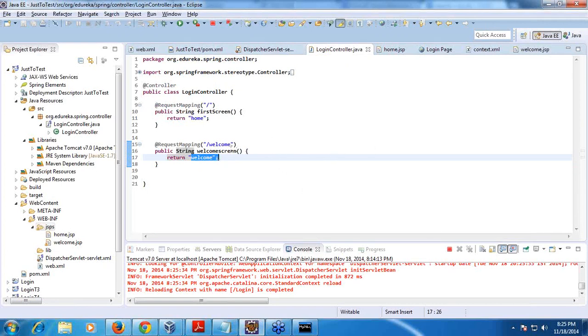Probably if time permits, let me check with you. If time permits, I will try to show that. Otherwise, we will continue on big data, right? So now let me show it. It looks like it is taking more time. So now let me show you this at least completely.